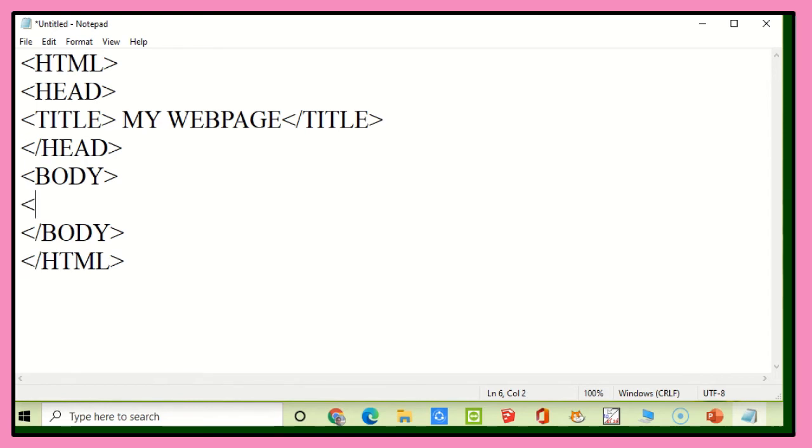Now we are going to create the different levels of headings. As I said earlier, you can make use of the HN tag, where in the place of N you can give numbers ranging from 1 to 6. So H1. I'm just typing my name, Vidya, and giving the closing tag for H1, slash H1. Now we can give the next levels of headings, that is H2, H3, H4, H5, H6.